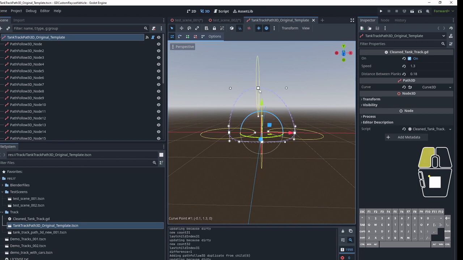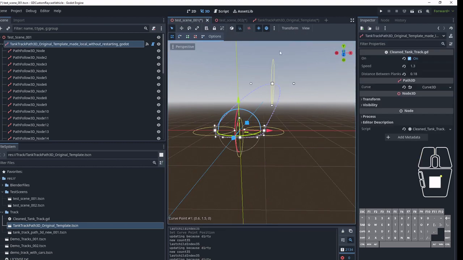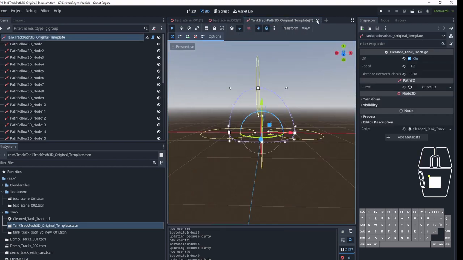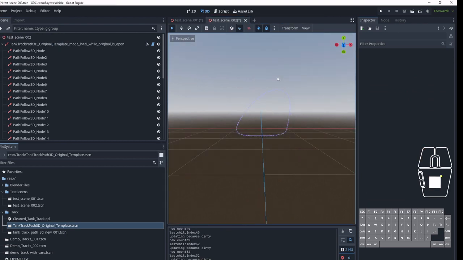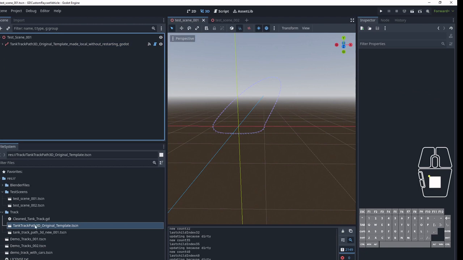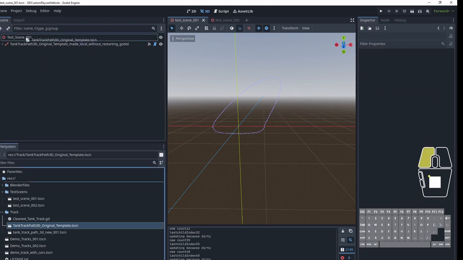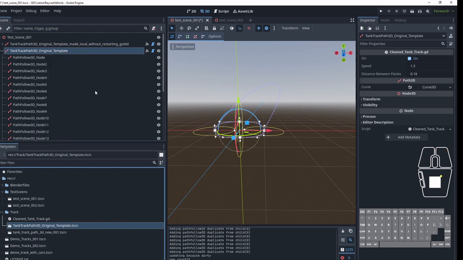Okay. This is confusing. Okay, so basically what I understand, let's say you have the original. Don't save. Okay. If I save this. Okay, I guess it's not really necessary to restart Godot. What you need to be aware of. Okay, let's do this. The original is not open. Right click, make local,